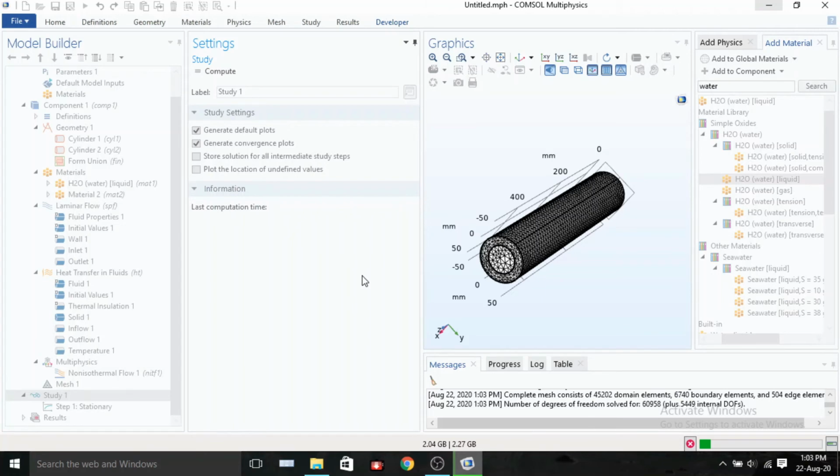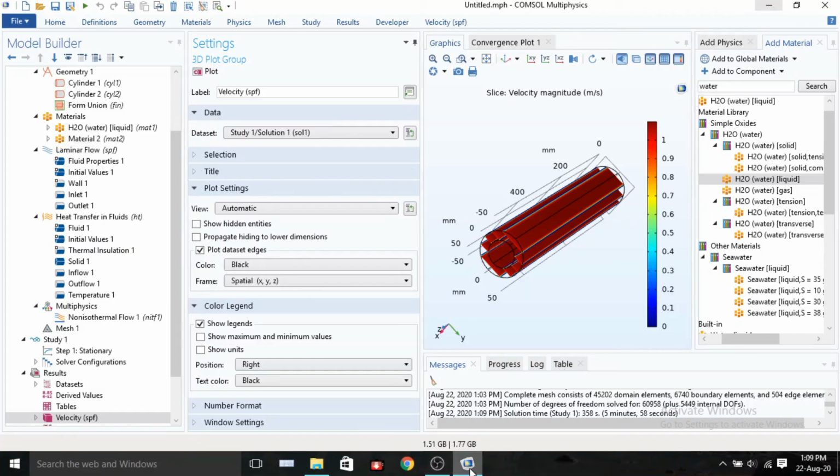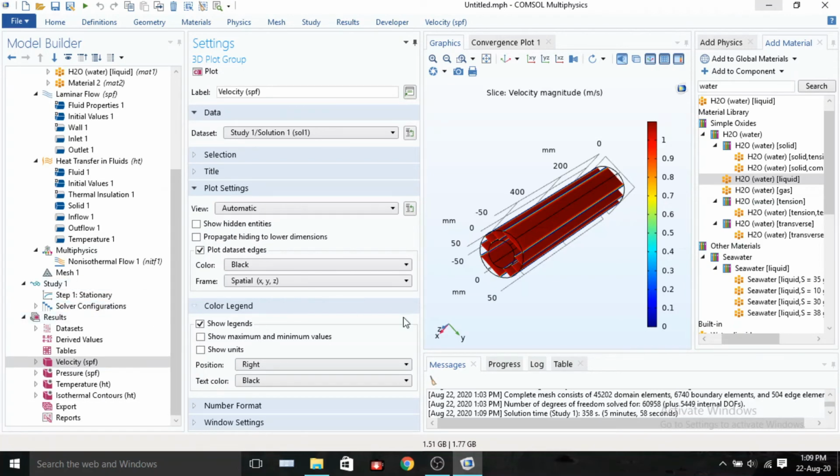Looks like it is going to take a while, so I would be pausing the video. So it looks like the solution has converged,